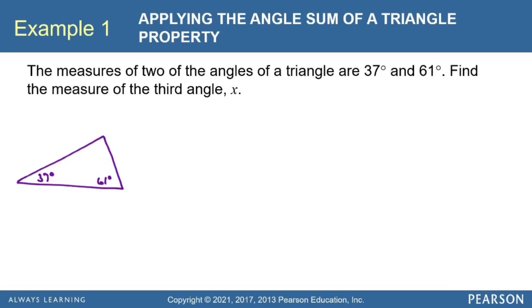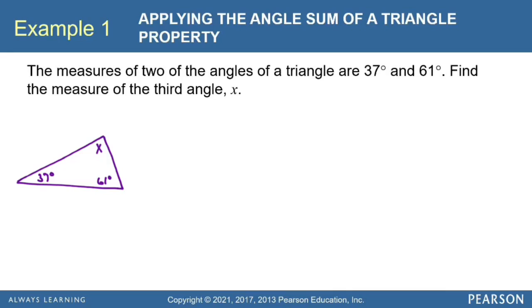And so I've drawn us here a little triangle, and I didn't use a protractor or anything to get these angles exactly the right size. We just want to sketch a triangle just to give us a visual aid. And so I've labeled two of the angles 37 degrees and 61 degrees, and I'm going to label the third angle x. And so now what we want to do is write an equation that models what we see in